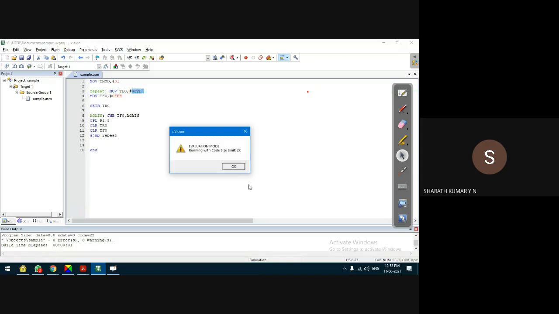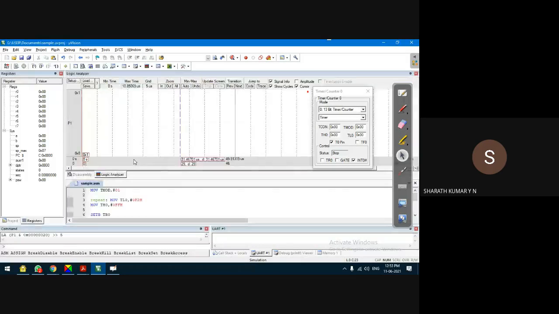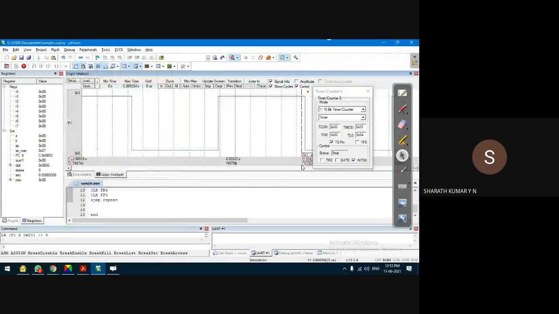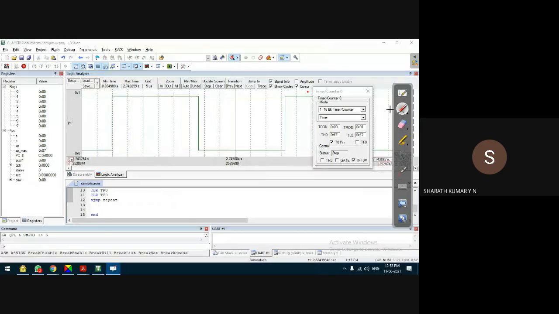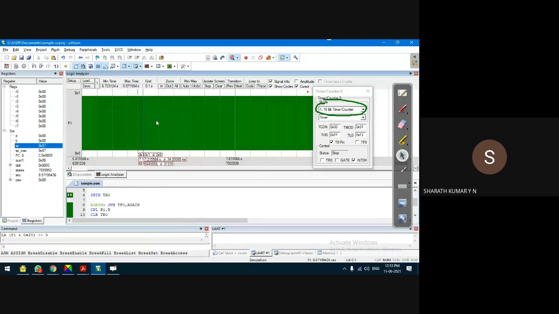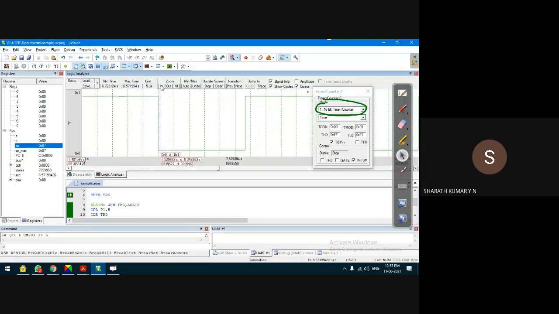Debug, start session. Now I'll not run stepwise, because stepwise execution is not necessary. I'll straight away run the program. So it is running. You can see that the mode of operation selected is mode 1, 16-bit timer. I'll stop the execution of the program. Zoom on, select a particular point, zoom in, somewhere here.